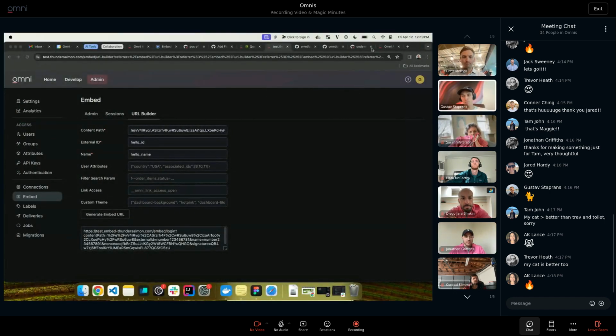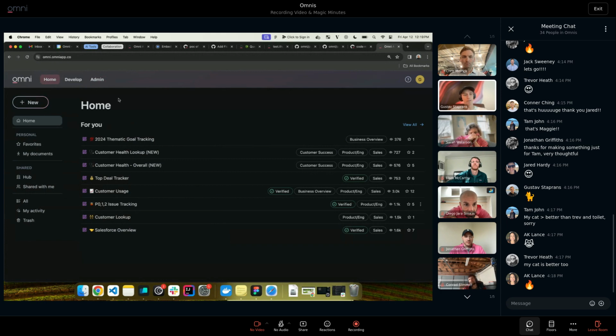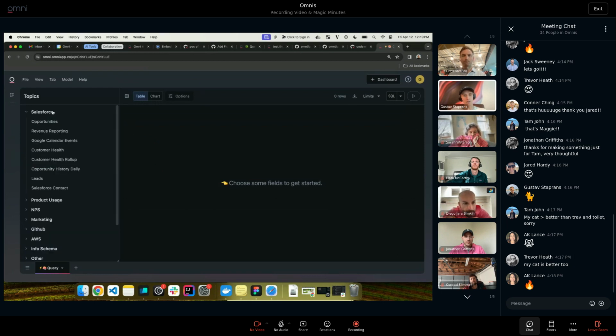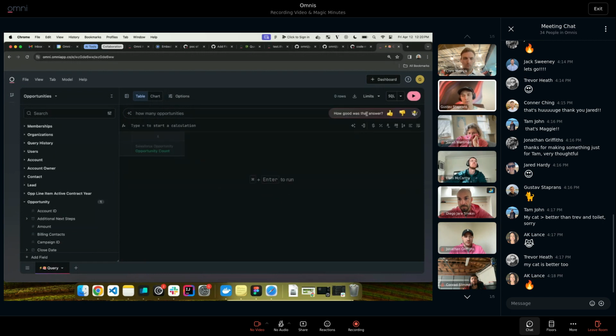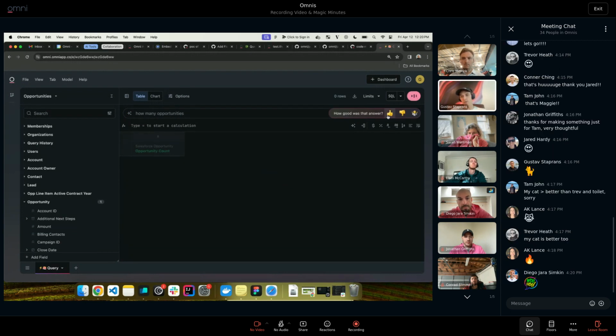So first up, this is a huge shout out to Sarah, who did a lot of the design work on this. We decided to update the UI for the AI inputs, and now you'll see it has a rounded corner and some nice colors on it. If I ask questions, it's going to prompt the user for feedback on the results before they're allowed to ask another question. So you can say pretty decent, not what I asked for, or I don't know. We'll just say that was a good answer, and then that gets tracked,